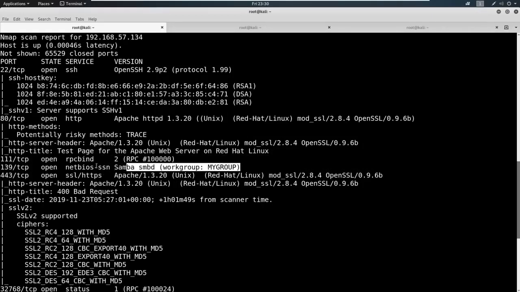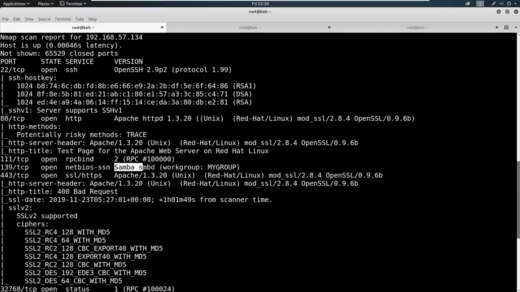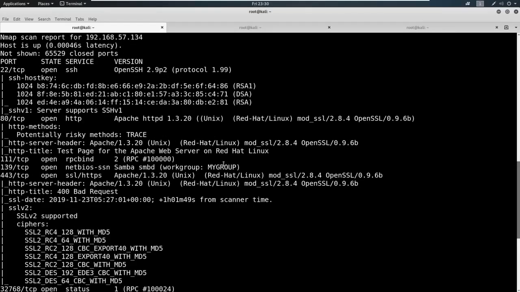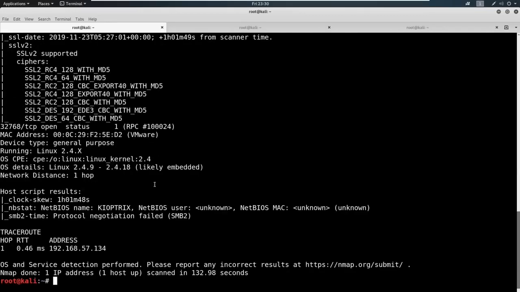Now remember from the networking lesson, these kind of always play together. So we've got SMB open, basically Samba shares. And what we can do, the first step usually, is enumeration. Once we see this, we take the scan in, we scroll down a little bit as well, and we can